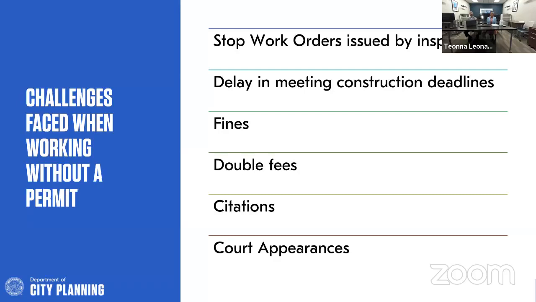and they will automatically get a double fee on their permit. So whenever they do come in for a permit, it will be flagged in the system for a double fee. The citation, of course, if you get a citation, that means you have to now come to municipal court. And if they do not show up for court, there will be an FTA, a failure to appear, that